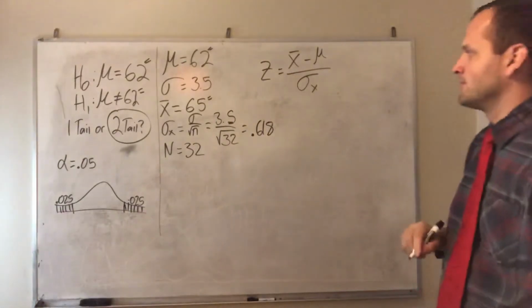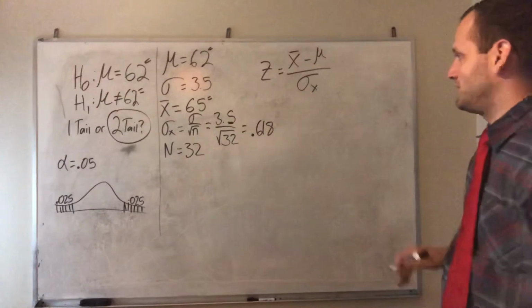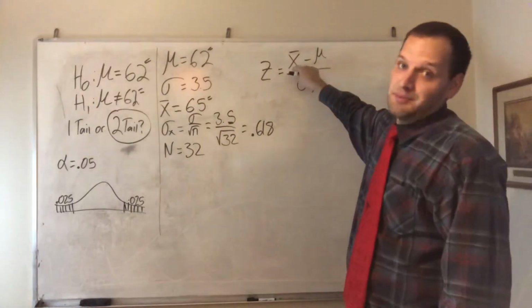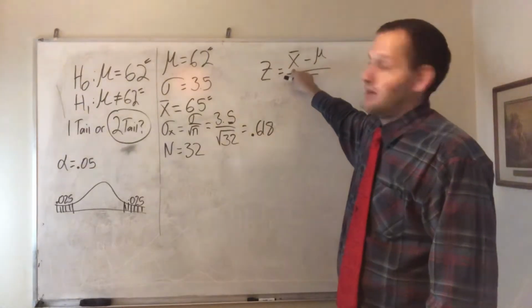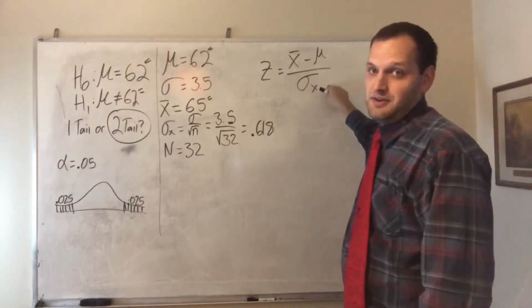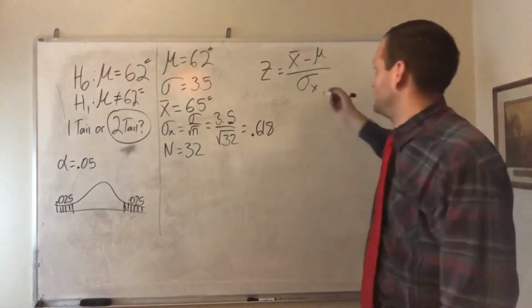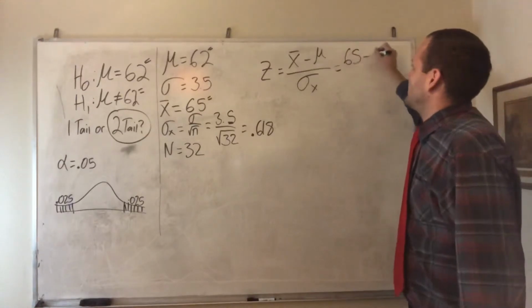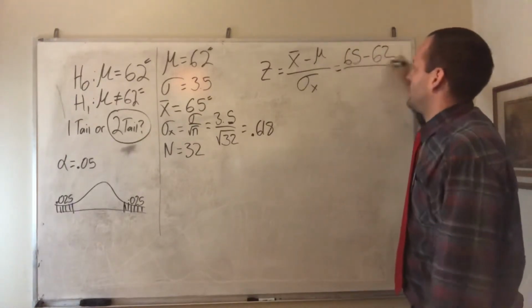Okay. We've got our data. Awesome. Now I can go through and plug it all in here. Remember, X bar is your sample average, not the population average. Population average is mu. Standard deviation of X. We already calculated that. So when we go through and do this, we've got 65 minus 62 divided by